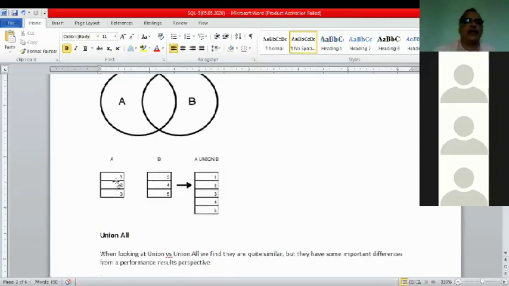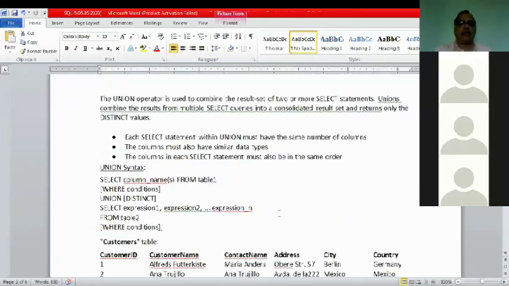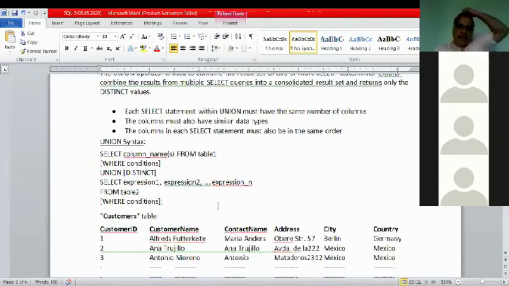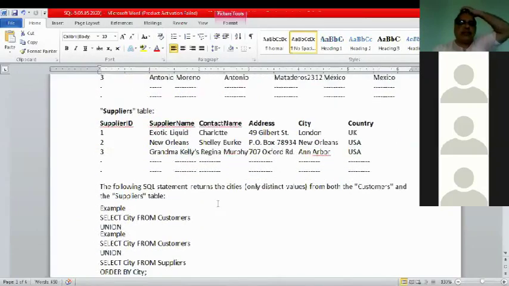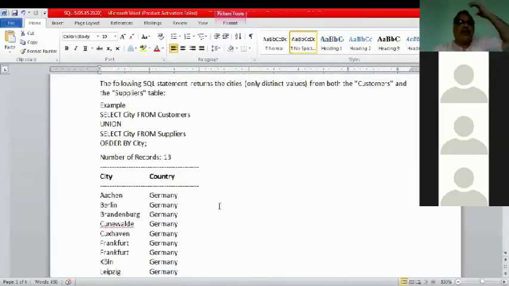Graphically, if you see, there are two tables, A and B. When they are getting merged, they are getting union. Say 1, 2, 3, 4, 5 and 1, 2, 3. Say 3 is a common value in both of the tables. So 3 is coming only once. Sir, so A and B have to be from different tables? Different tables. Cannot be from the same table.